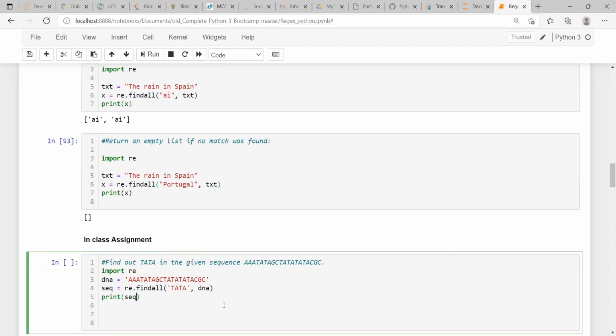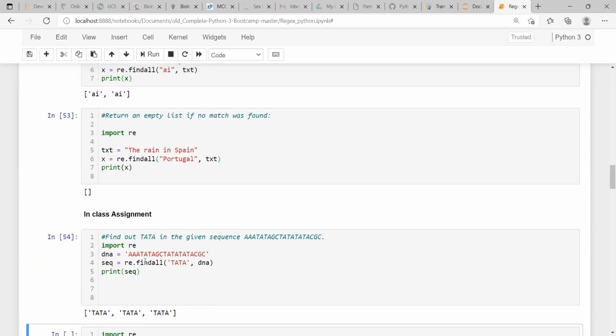Okay. Now I'm going to run this. Now you can find wherever this data is given, these sequences are printed, right? TATA, TATA, TATA. Right? For a start, it might be okay, but there is a catch. What is that? It is running, but it is not exactly the correct answer, because there are some overlapping regions also.